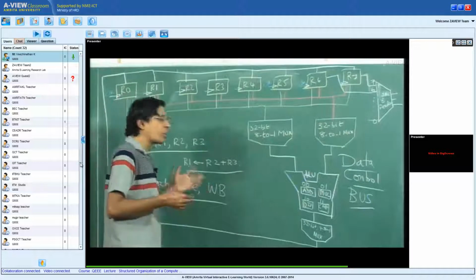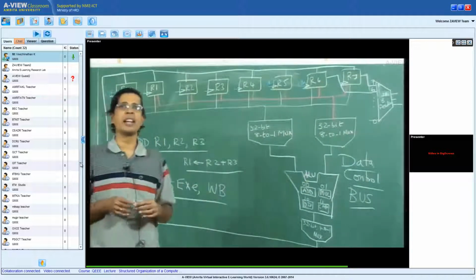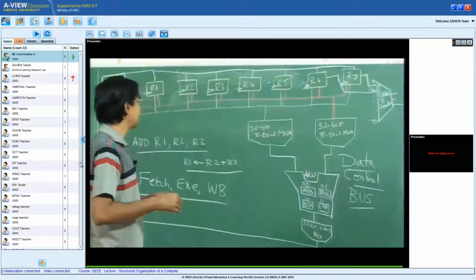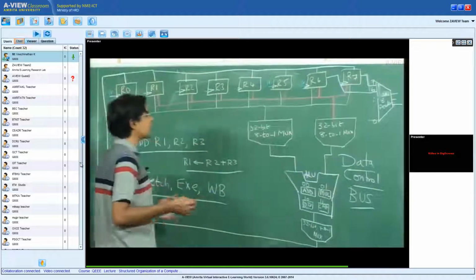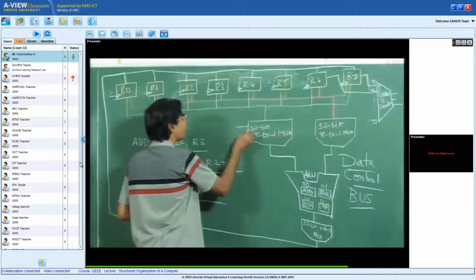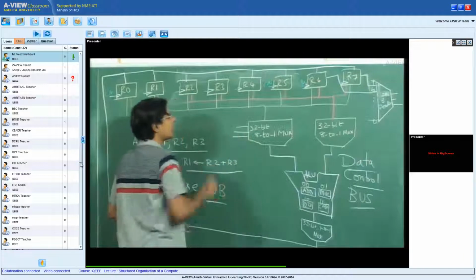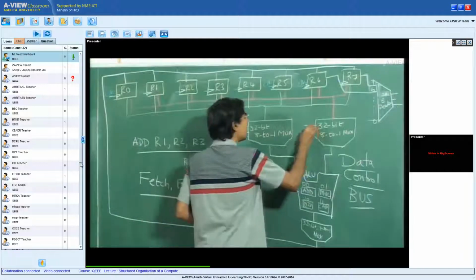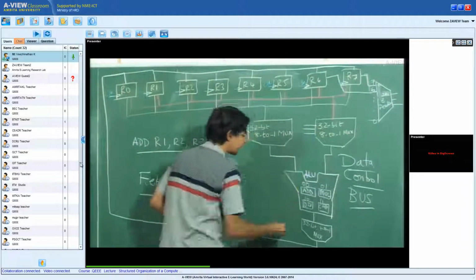Now we need to control the flow of data, and how do we do that control? The control is done as follows. So I have select lines to these multiplexers.